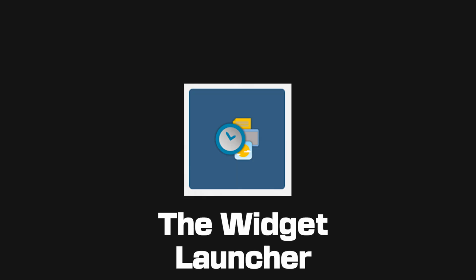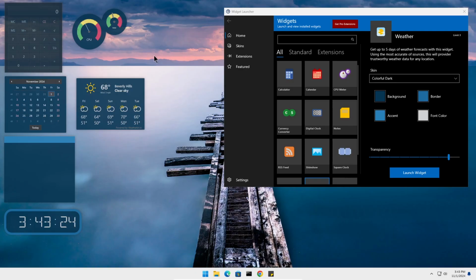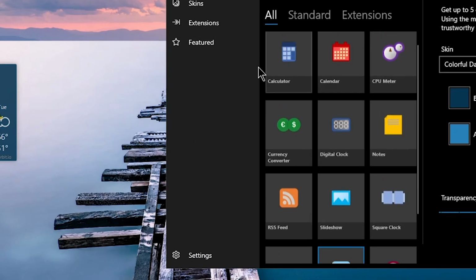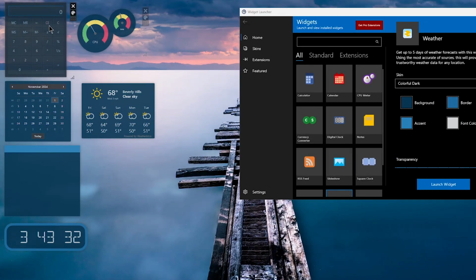Number 3, the Widget Launcher. It's an app with a similar concept to the gadgets from the Windows 7 days. It gives you quick access to handy tools from your desktop, such as a calculator, a small calendar for easy planning, a CPU meter that shows you the current CPU and RAM usage, a desktop notes widget so you can